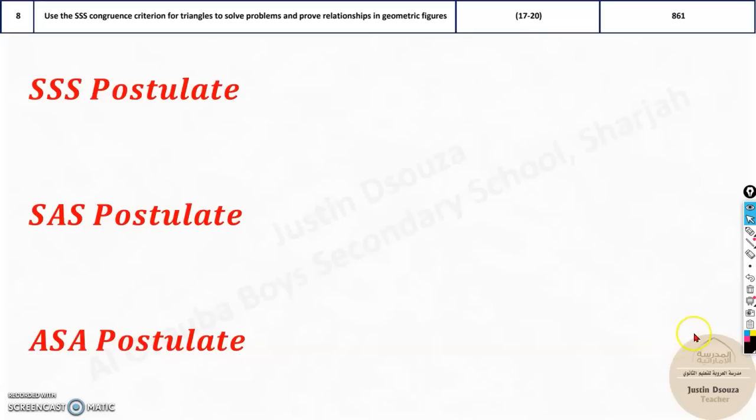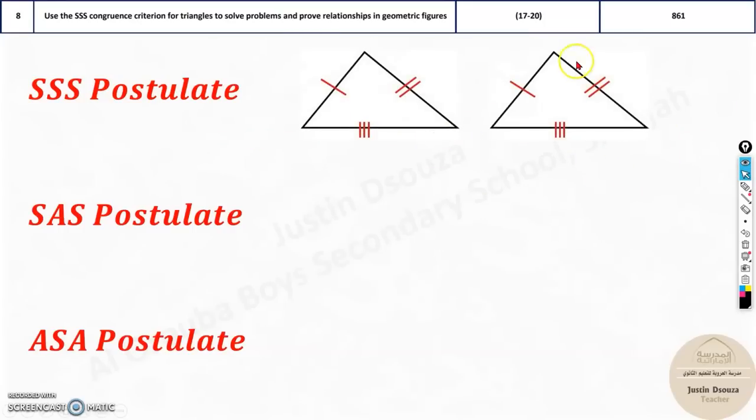The eighth topic is on the postulates of sides and angles. Now you can see there are three postulates: SSS, SAS, ASA. What does that mean? This means if all the sides are equal, then the triangles are congruent. Say, for example, there are two triangles over here. If all the sides are equal to each other, these sides and these sides are equal, then these two triangles